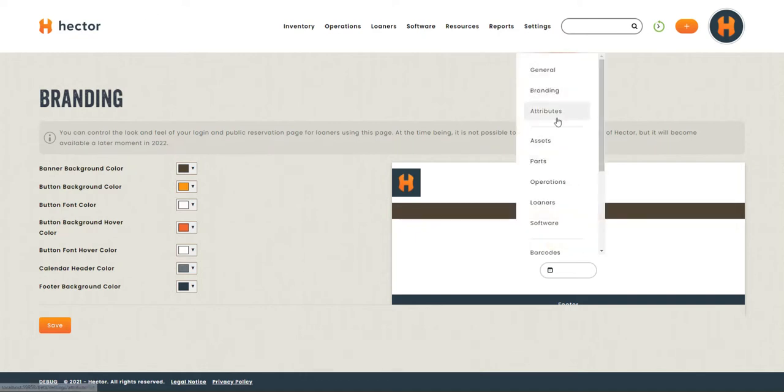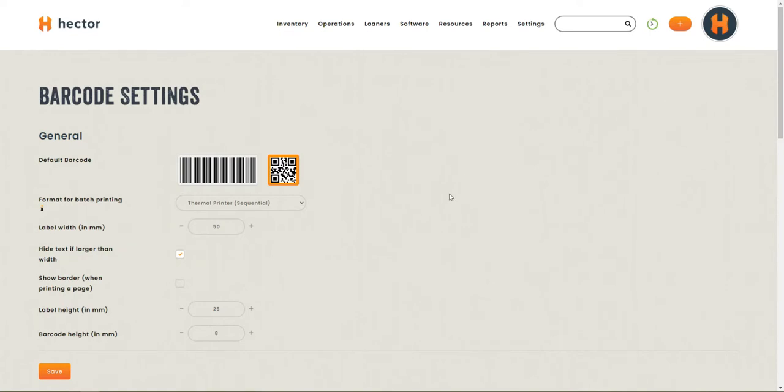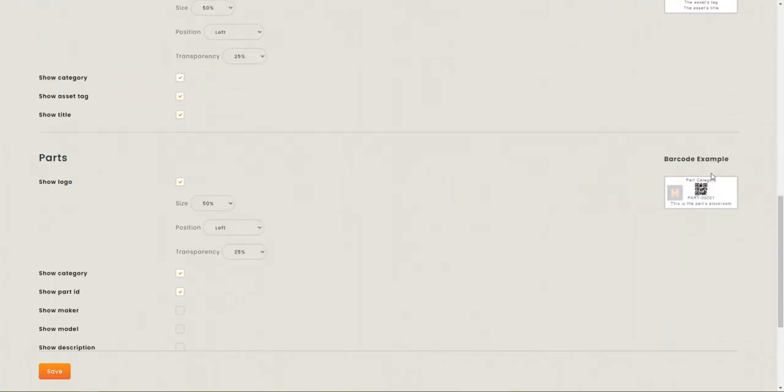The second thing that I want to show you is within the barcode section itself. When generating barcodes or QR codes, you now have the option of setting up your logo to either be above or below the barcode. What's important is that you have sufficient space on the barcode itself so that your logo